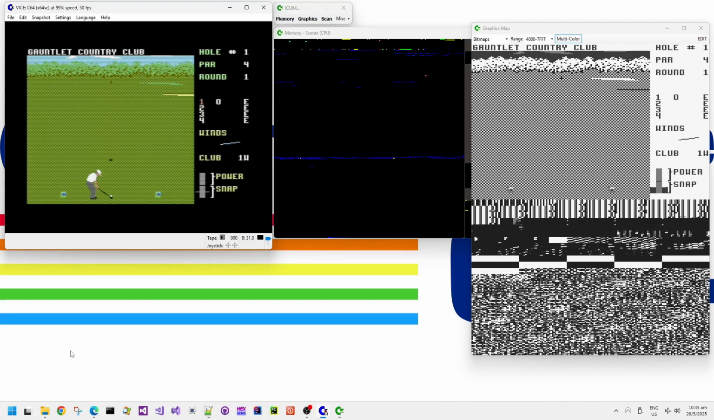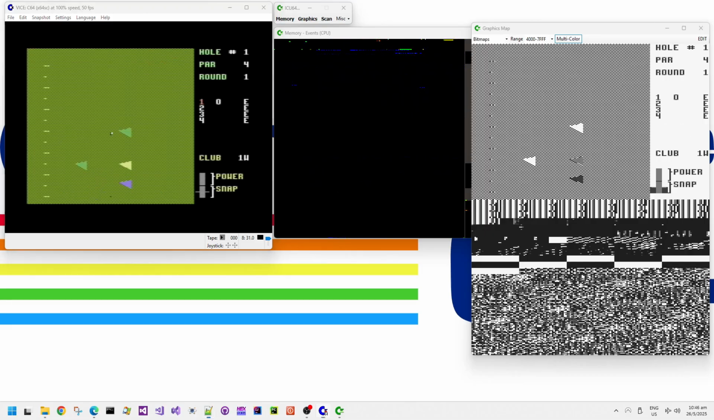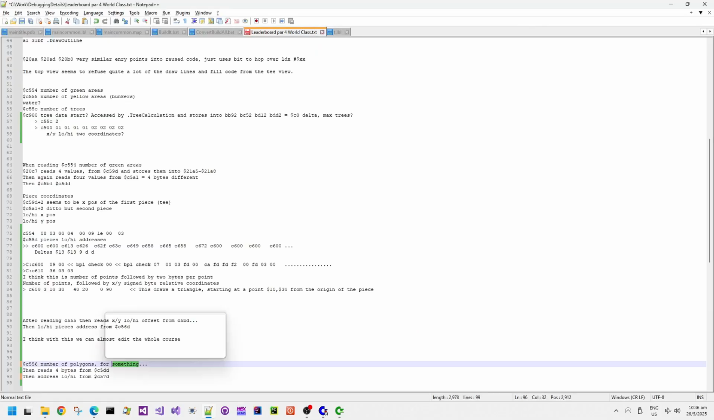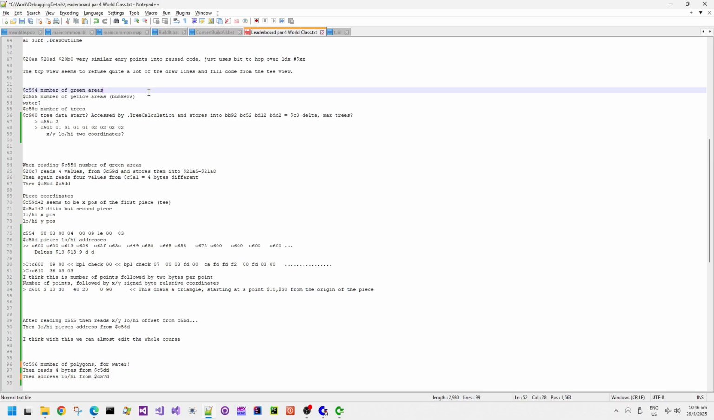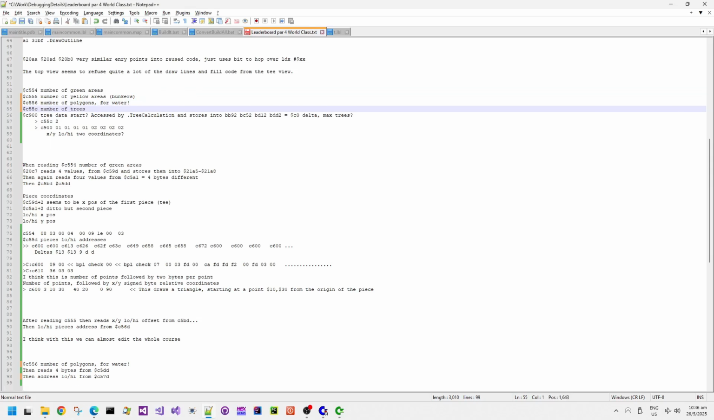Now, when we go to the top-down view, we should now see, there we go, there's the water polygon, there's the polygon that I was expecting. So we've got the 2 green polygons for the fairway, for the grass. We've got the 1 yellow polygon as expected, and we've got the 1 blue polygon for the water. So yeah, I think that pretty much means that we've understood nearly all the bytes in the